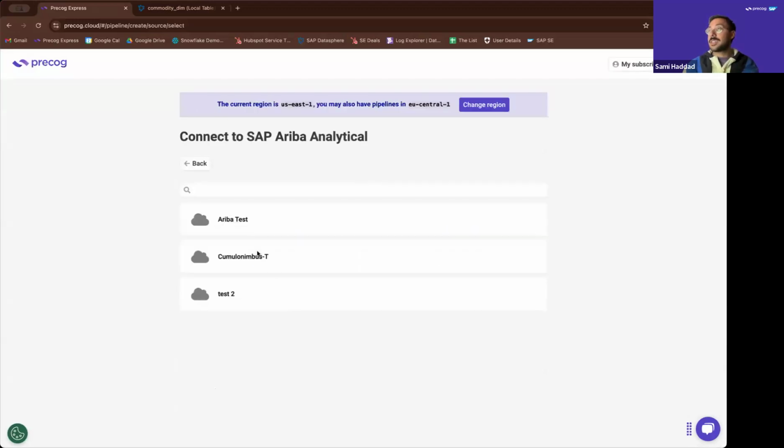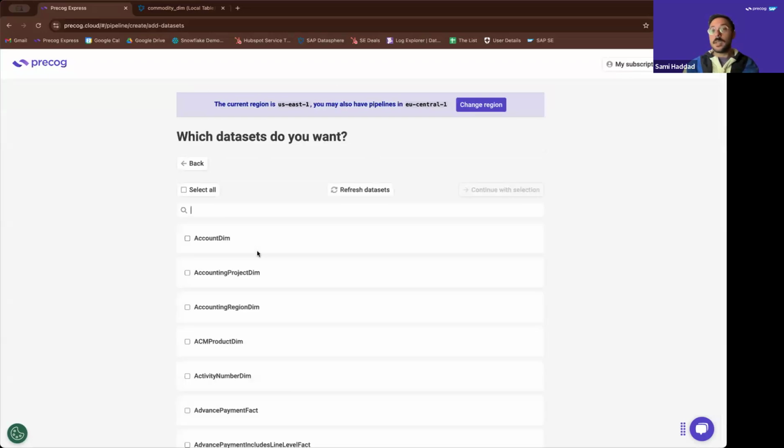Now that I'm going to connect to an existing source, Precog has already done all the work for me. Precog has received a JSON packet. It's turned those into analytic-ready data sets, and now I simply need to choose the data sets I want to flow into SAP Datasphere. Let me choose one for the sake of the demonstration. Like Jeff said, we can pull custom tables and custom fields that roll up to those tables. No additional configuration required. This is all standard in the platform.